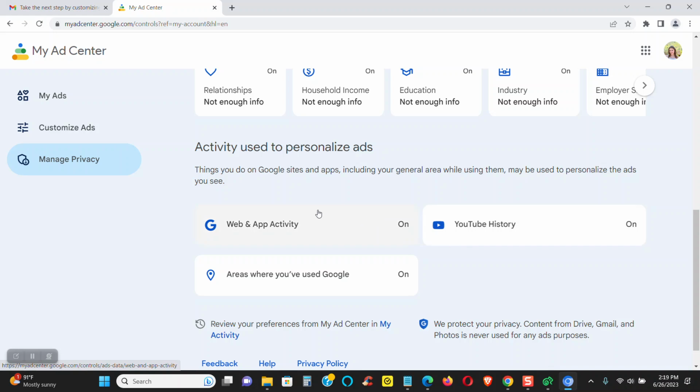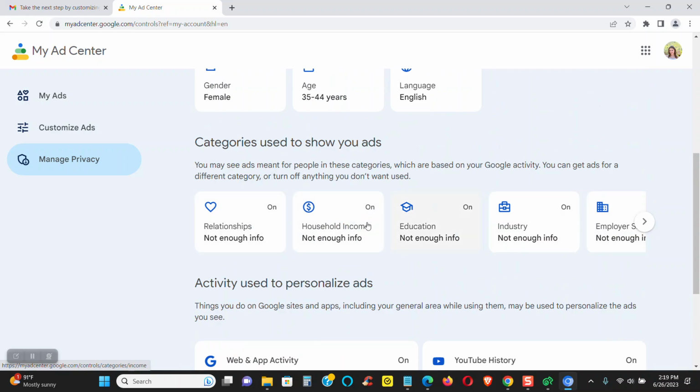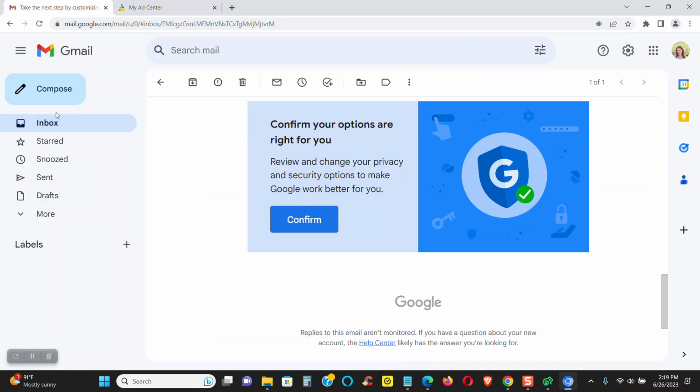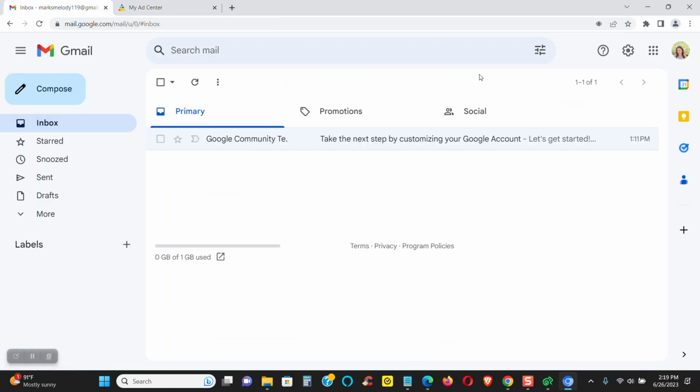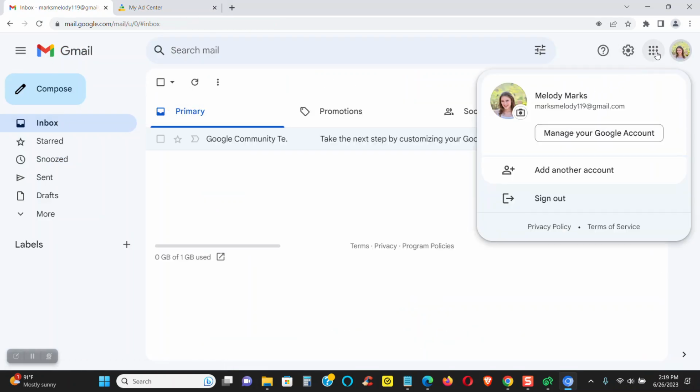These are all defaults anyway, as you can see. Relationships, blah, blah, blah. All right, so that's in my ad center. Now that I've shown you all that, just so you know,